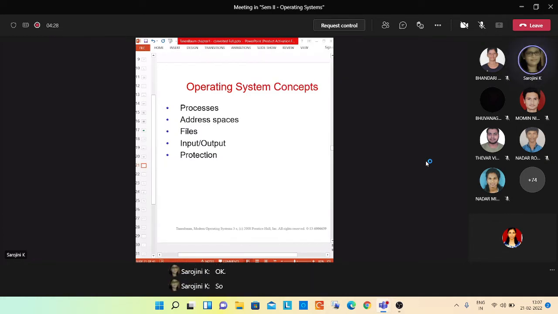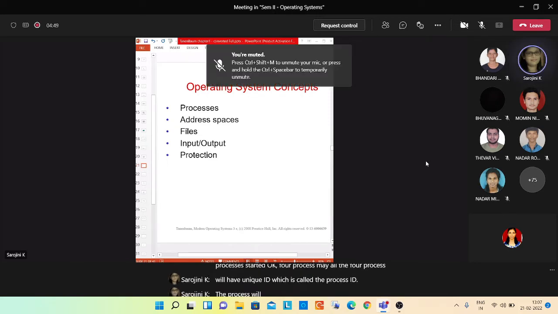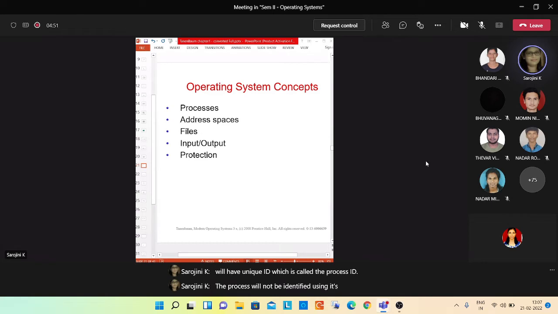For example, there are 4 applications you started, so 4 processes started. All 4 processes will have a unique ID, which is called the process ID. The process will not be identified using its name. It will be uniquely identified using its process ID, which is simply called PID.